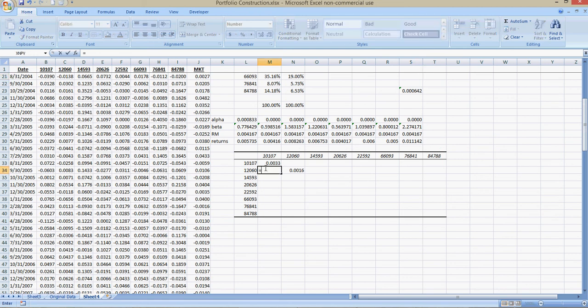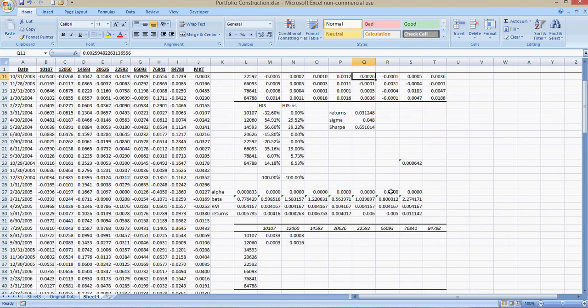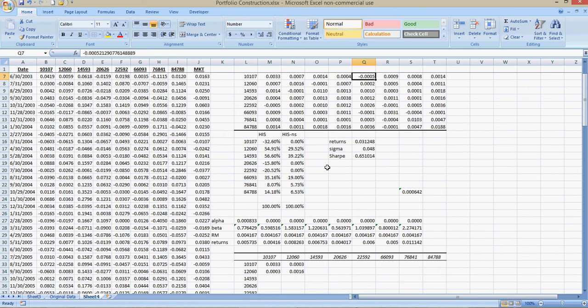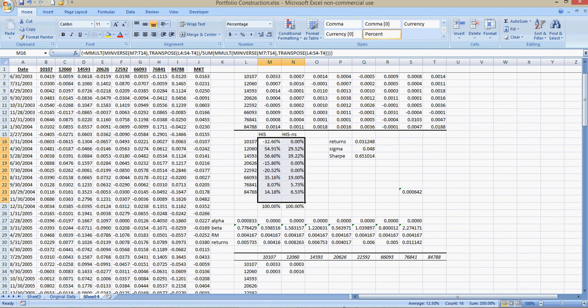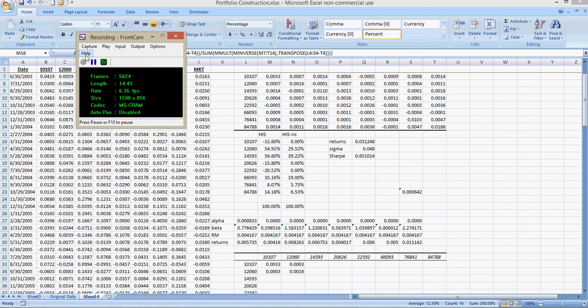I mean, excuse me, the covariances. Beta of that one times beta of that one times the variance of the market, and you know this is the same number. You just got to fill that out. Fill that out, and then we have the single index model. You can come up with the weights the exact same way that we found historical. We just have a new set of returns and a new covariance matrix. All right, hopefully this will